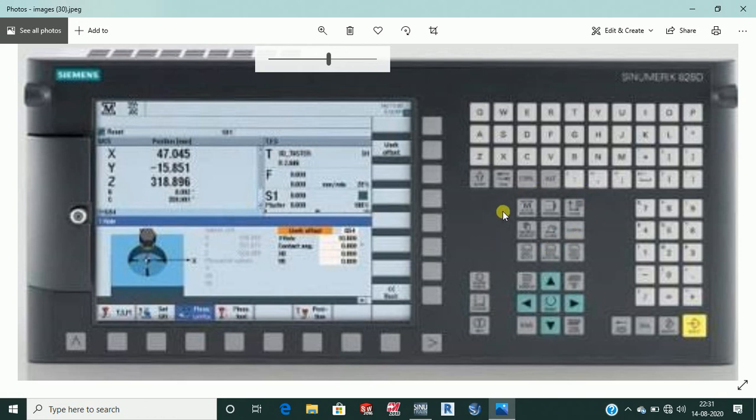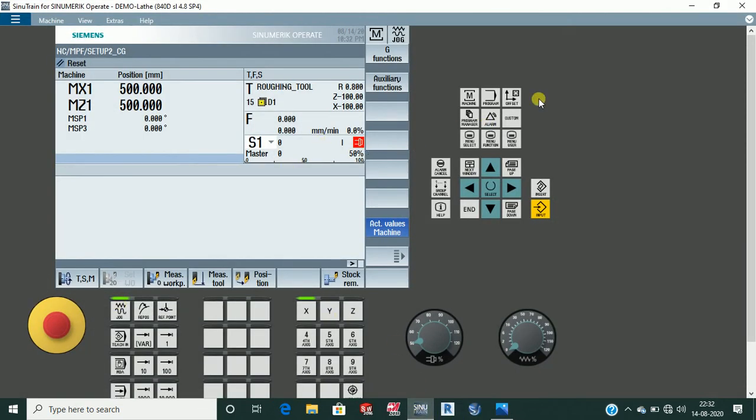Only the PPU main functions are given to us, like program machine, program manager, and alarm. The up and down cursor is given because we have to practice on it, since the alphanumeric keyboard is something we won't get in industry. I think I have included all the buttons in the PPU, the program processing unit. Basically all these buttons help in inputting the program, deleting the program and everything. That's why it is called the program processing unit.